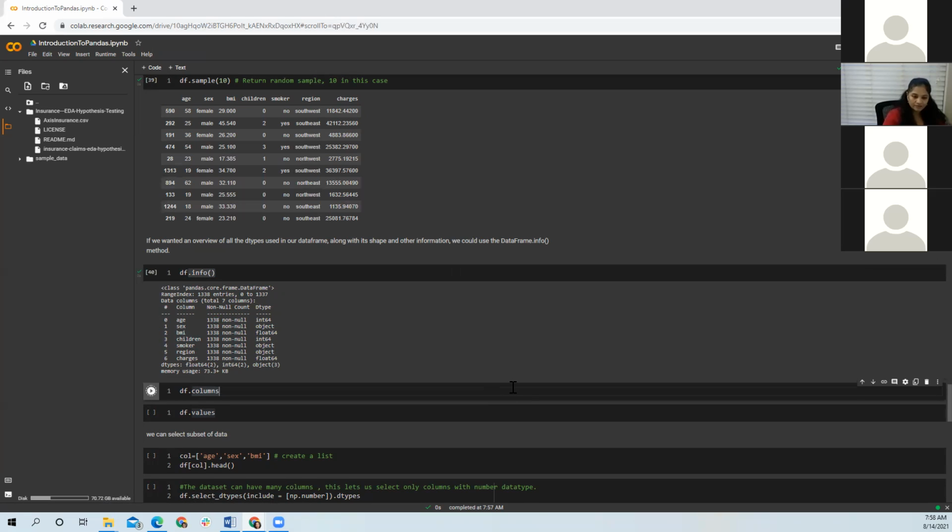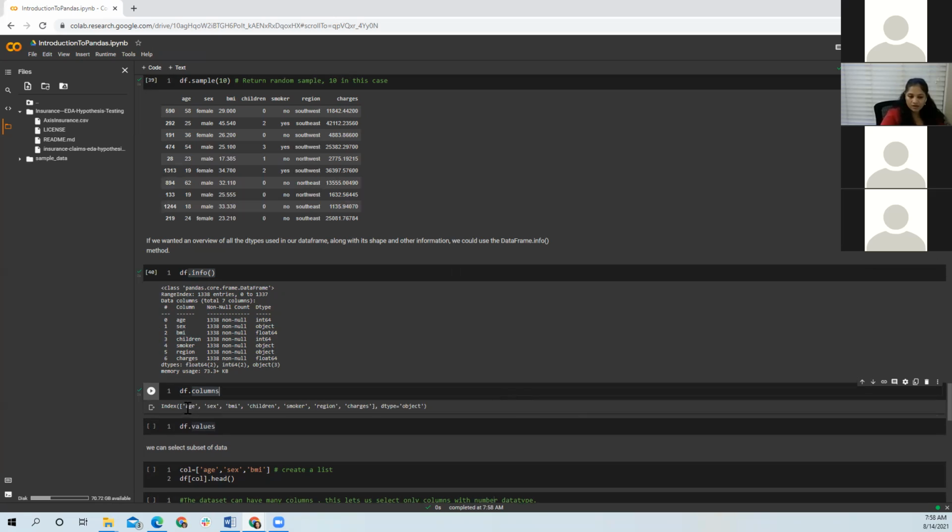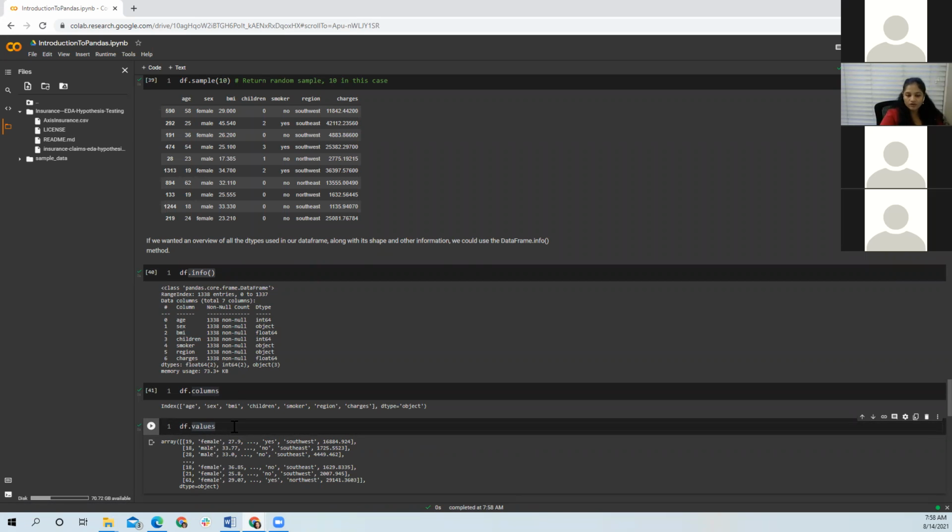If you just want to see the names of the columns, you can use df.columns. Right now, my data set is very small, so I can see this in a single shot because there are only 7 columns. But I am working on some other data set, the housing data set, and it has like 100 columns. And with those 100 columns, it is very difficult to see, and Pandas doesn't display them completely. So this is another method which you can use to know what all columns are available. Then if you want to find out values associated with those columns, you just do df.values.